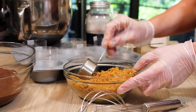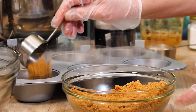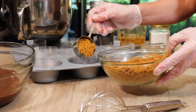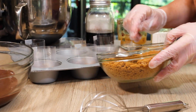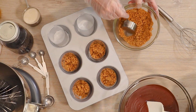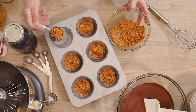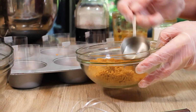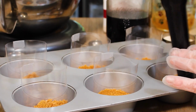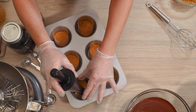So for the crust, I have a traditional graham cracker crust, which is just graham crackers crushed up in the food processor with a little bit of melted vegan butter. I've already prepared my little molds here, which is basically a jumbo muffin tin that I've lined with acetate cake strips, because this is a molded mousse dessert. So you definitely are going to have to get these acetate strips so that you have a vessel to mold